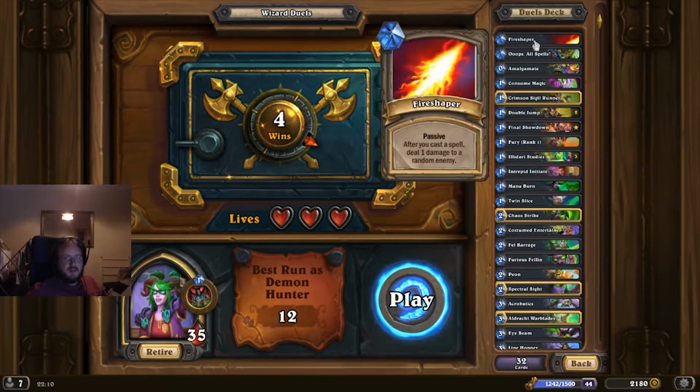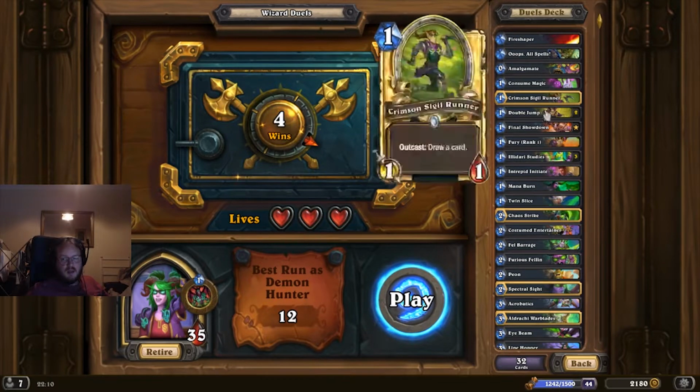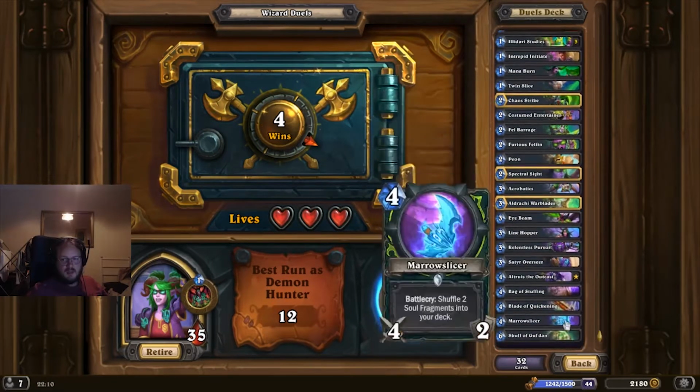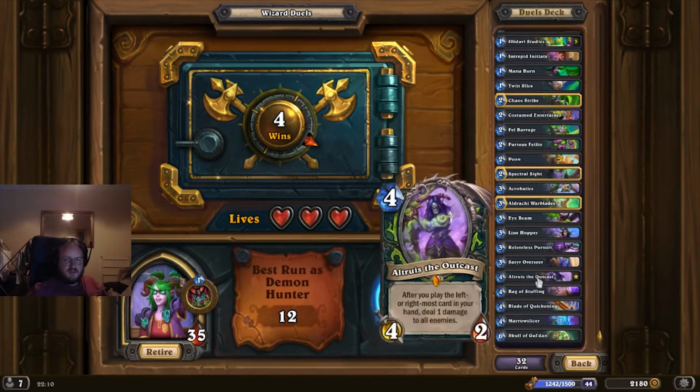But I've got the same passive again, I've got Fire Shaper and I've got all spells. And as you can see, a crazy number of 1 and 2 drop spells. I think the most expensive one here is Skull of Gul'dan, and then I've got 2 kind of expensive weapons. Got a bag of stuff in as a treasure, and this is my expensive minion, which I rarely get because